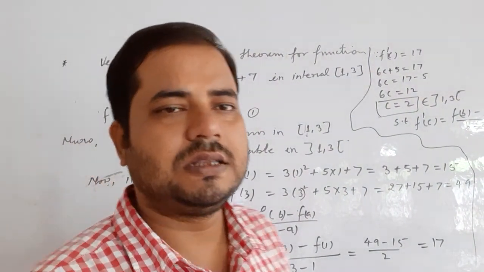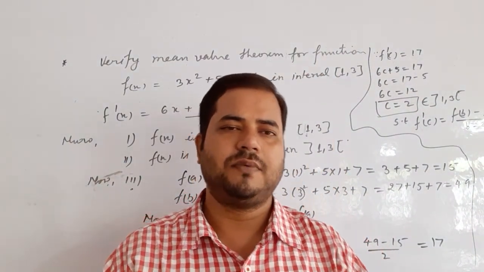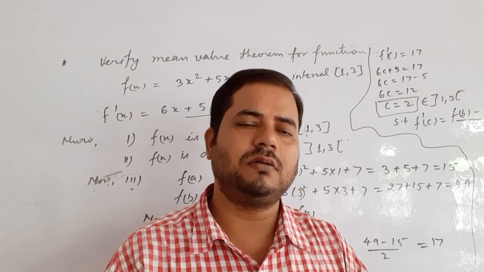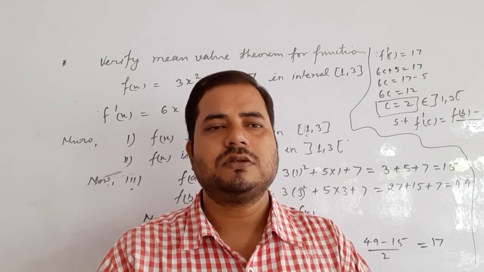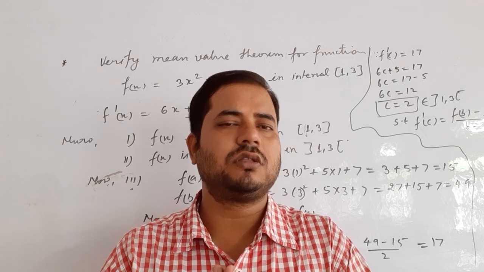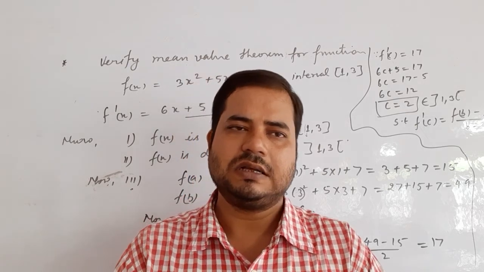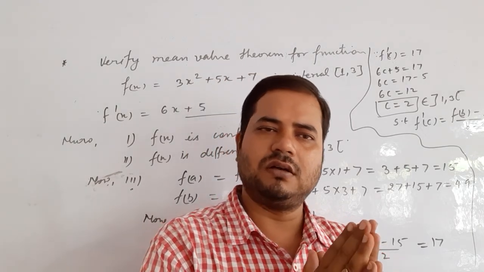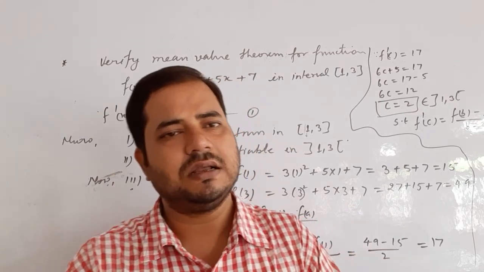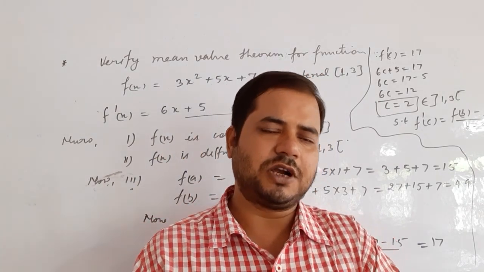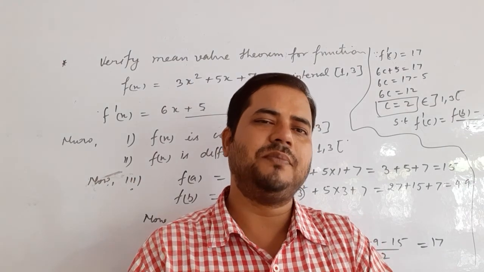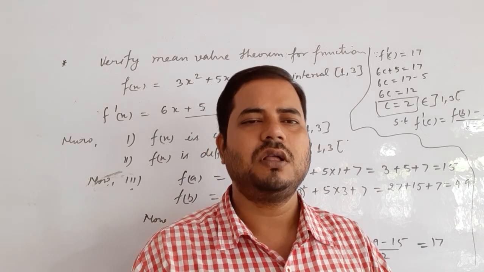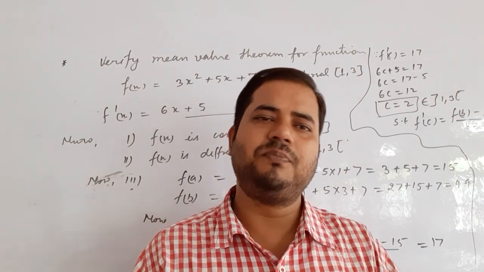So I hope you completed this one, and whatever doubt you can ask in live classes on that particular topic, mean value theorem and Rolle's theorem. So please try to understand and solve the maximum problems based on this. Again I repeat, what is Rolle's theorem, what is mean value theorem. In Rolle's theorem, suppose we have given a function f(x), then it must be continuous on closed interval [a, b], and differentiable in open interval (a, b), and also f dash c is equal to 0 if f(b) is equal to f(a).